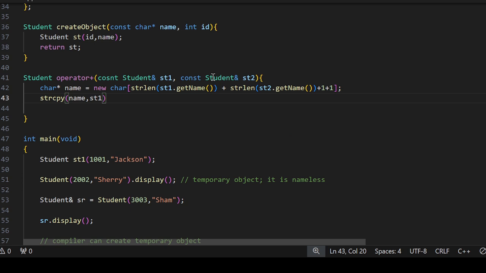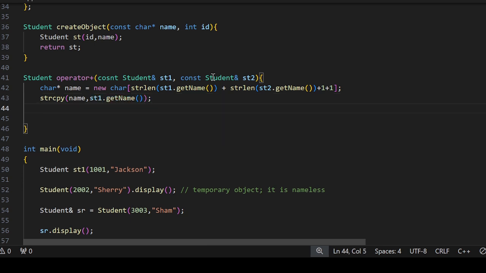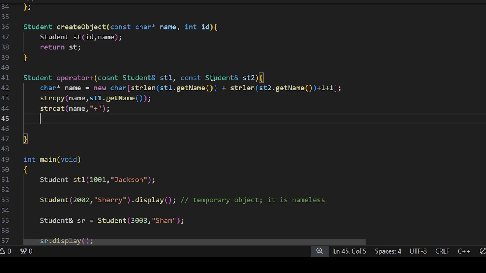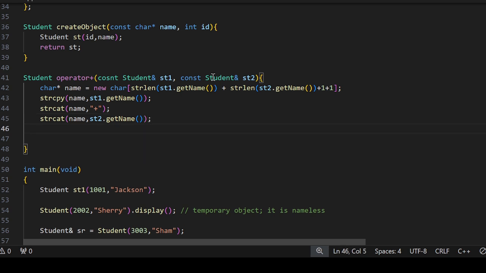So st1 dot, you copy the first name into it, and then after that if you want to, let's say, concatenate by placing one character in between the names, maybe plus and strcat st2 dot get name. So this will be the name, and